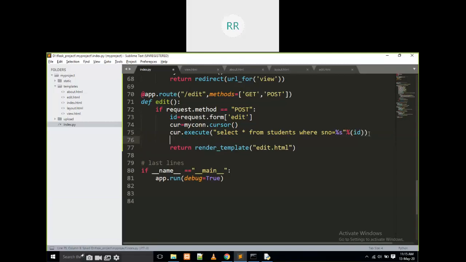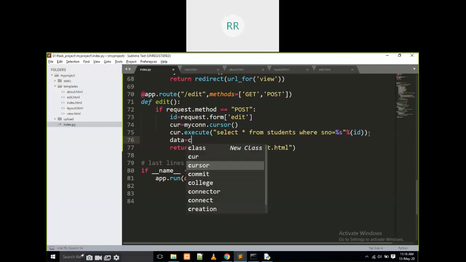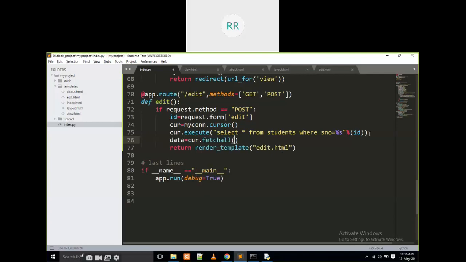That's it. Then data is equal to cur dot fetch all of. Now I am going to pass data is equal to data.